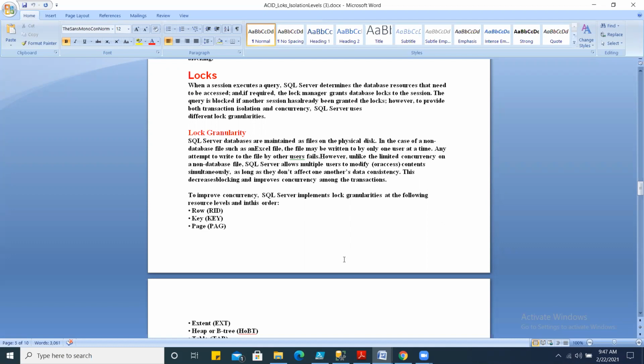But if you talk more, your resource on the higher level could be your schema, followed by the database, right? So whenever you establish a connection to a SQL Server, you have a default database you connect to. The moment you connect to that database, a shared lock is occupied by your session against the database.